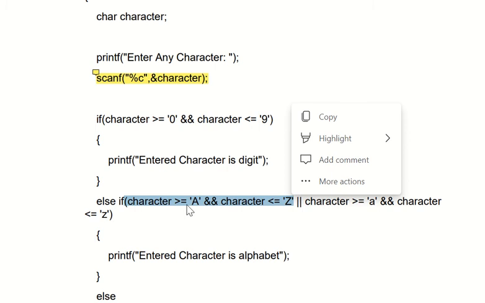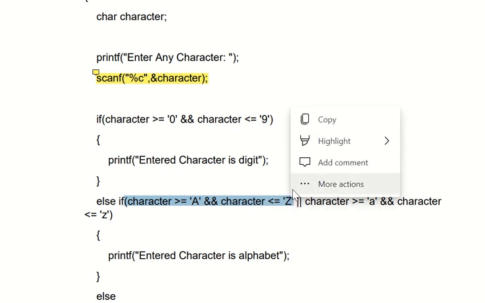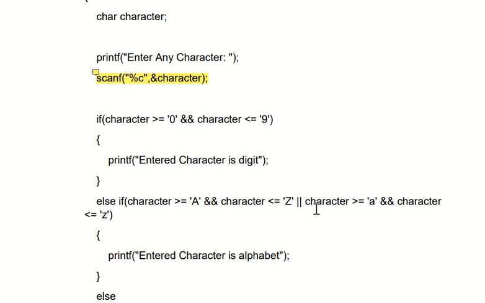So this is one part, then the OR condition, and this is your second part: or character is greater than or equal to small a and character less than or equal to small z. When it comes to the OR clause, if any one part is true, then the condition is true. Here the first part is false, but the second part is true because we have entered small a.